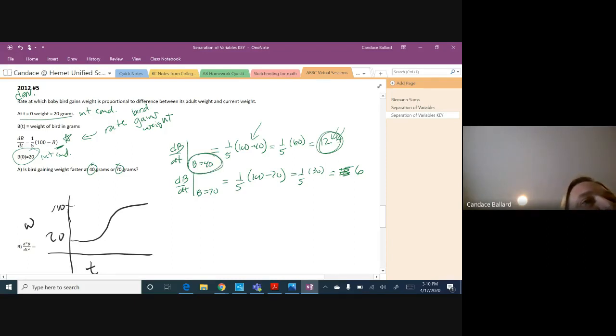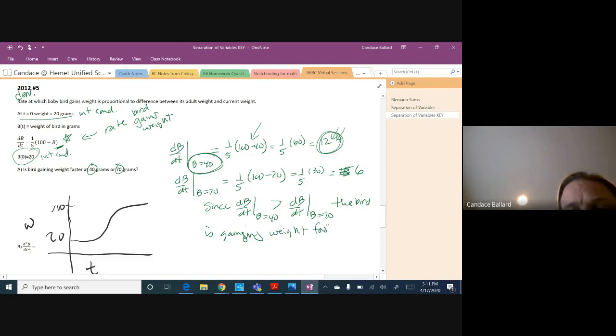Okay. So we would say you got to kind of have a reason. So since dB/dt when B equals 40 is greater than dB/dt when B equals 70, the baby bird (remember, use the sentence stem or the words of the problem) is gaining weight faster when it weighs